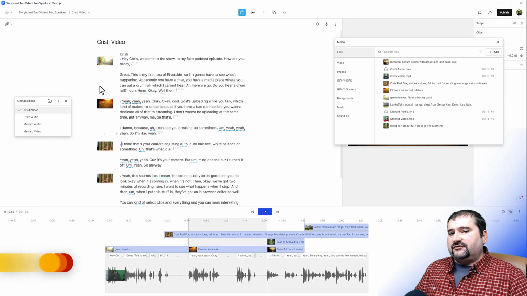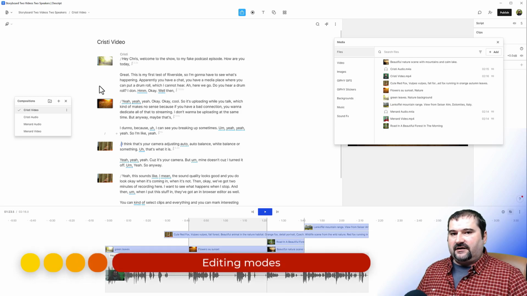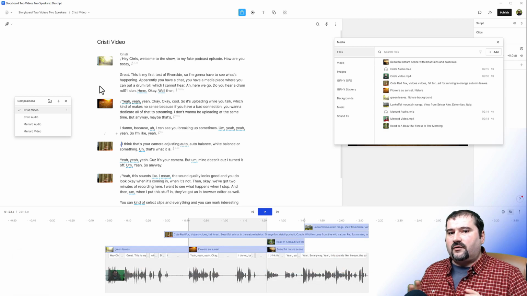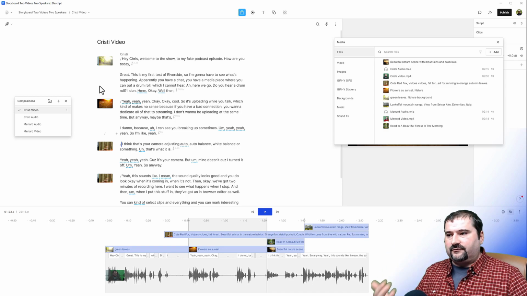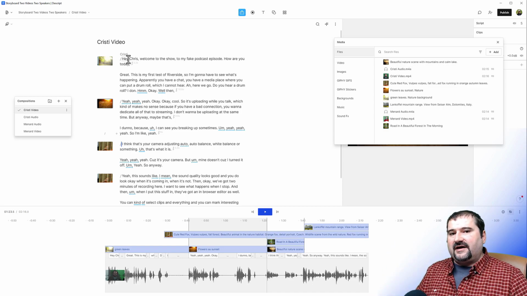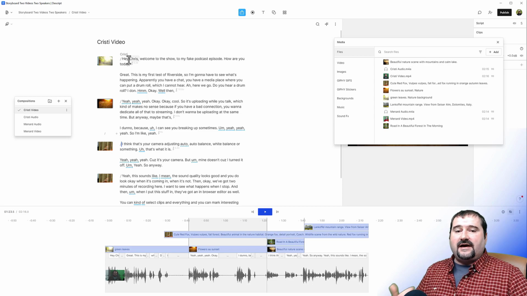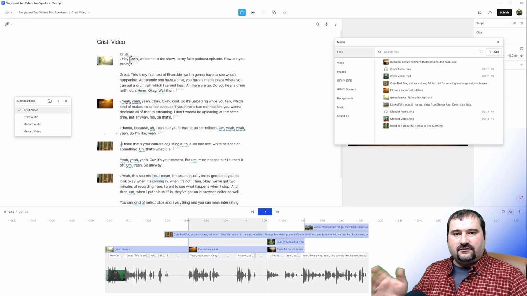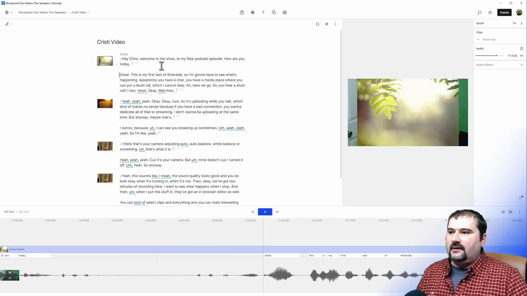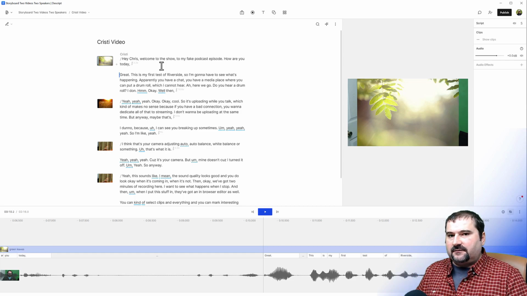Something that looks similar to the previous version, and it kind of does the same things, is these editing modes. In the past version, you had two editing modes. One was the editing mode where you would correct your text and go top to bottom whilst you were playing. And you also had the text edit mode, which allowed you to switch to the text editing mode, and you could type words in there without changing every word and popping up that editing dialog. There is a slight change to the way you edit your transcript, and this is very important, and maybe it's going to take a little time to get used to.